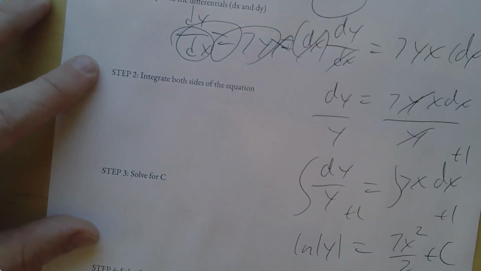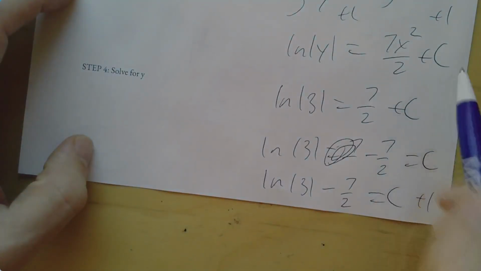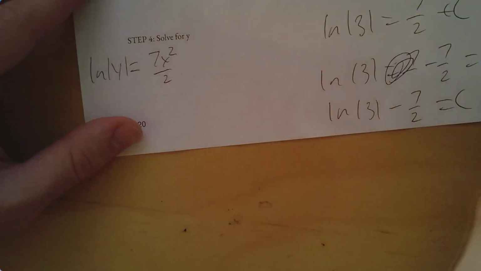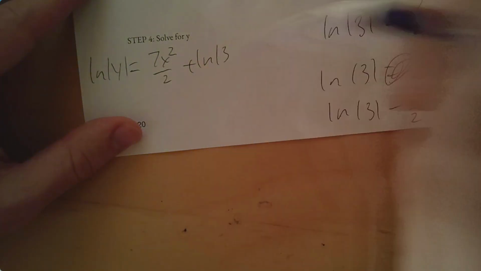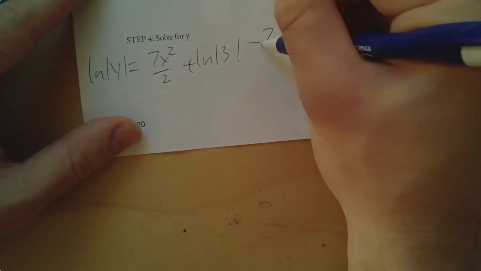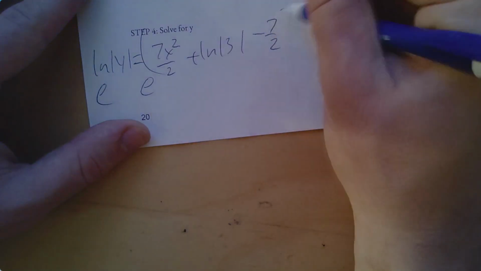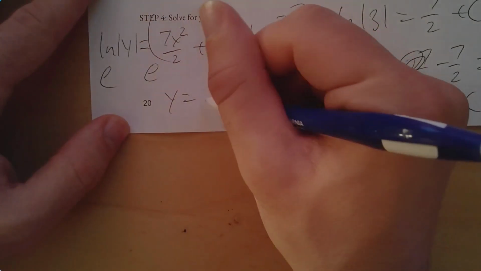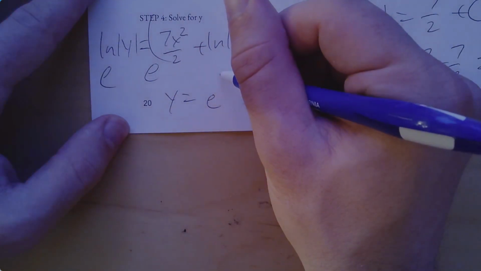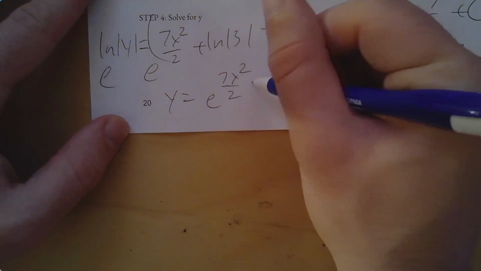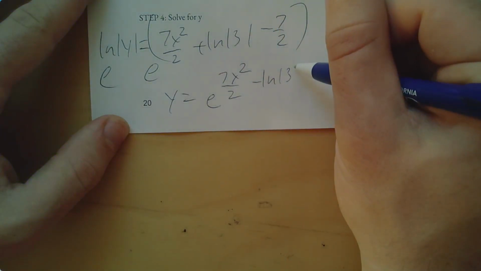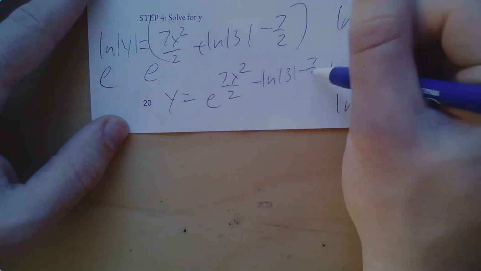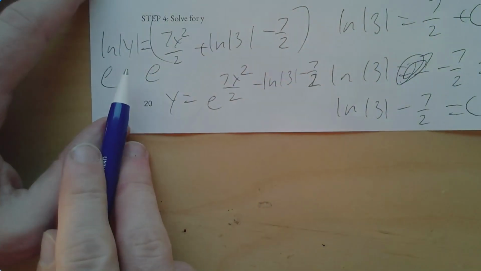Okay. Solve for y. So you go back to this part here, and you plug in the new c that we have. So ln y equals 7x squared over 2 plus ln absolute value 3 minus 7 halves. And you're going to exponentiate both sides here. This is all one big power. So y equals e to the 7x squared over 2 plus ln 3 minus 7 halves. And then the absolute value part of this,